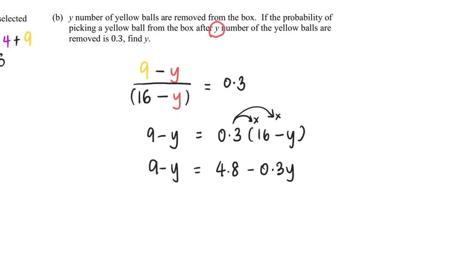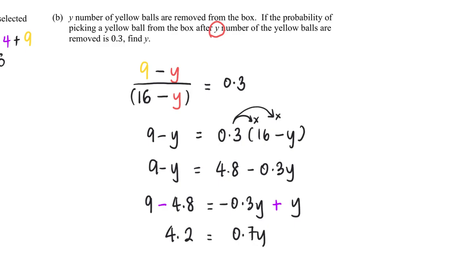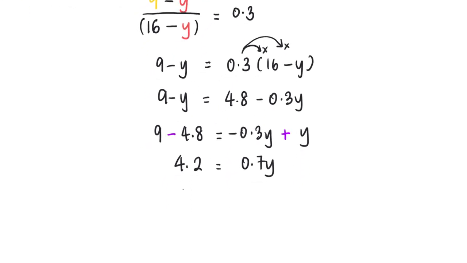Okay, and I'm going to continue to solve this by adding Y on both sides and minusing 4.8 on both sides. So you will have a positive 1Y here, or put it this way, I'm going to have negative 0.3Y, adding the Y, and then this will give me 4.2, and this will give me 0.7Y,